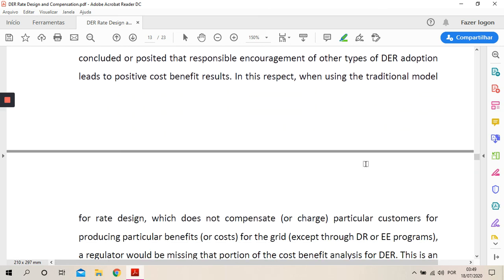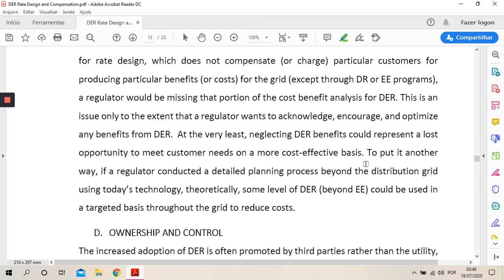In this respect, when using the traditional model for rate design, which doesn't compensate or charge particular customers for producing particular benefits or costs for the grid except through EE programs, a regulator would be missing that portion of the cost benefit analysis for the ER. This is an issue only to the extent that a regulator wants to acknowledge, encourage, optimize and benefit from the ER. At the very least,